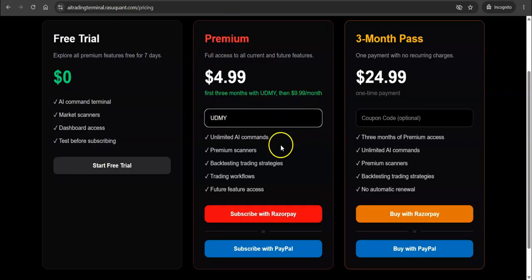However, with the monthly subscription, there is a caveat that if you are going to use this coupon, please don't use this subscribe with Razorpay because Razorpay does not support coupons for monthly subscription. So if you want to purchase the monthly subscription and use the Udemy coupon, you have to use the PayPal